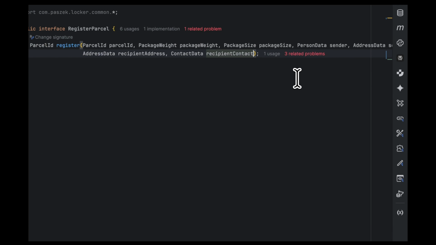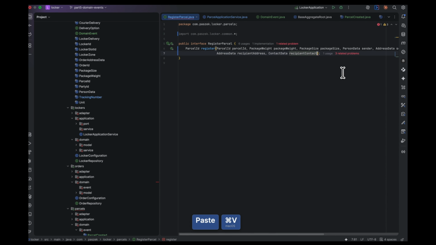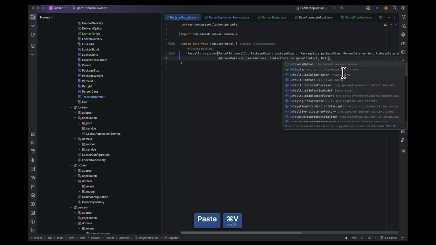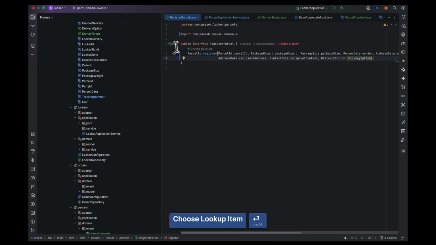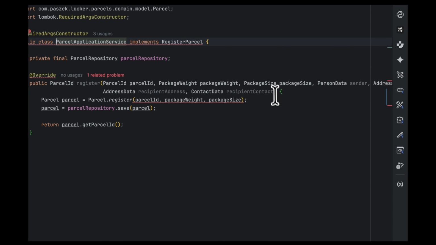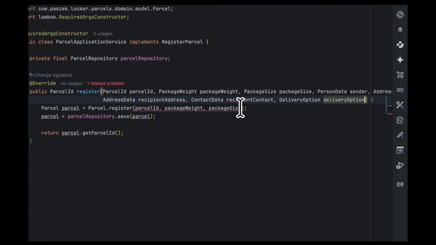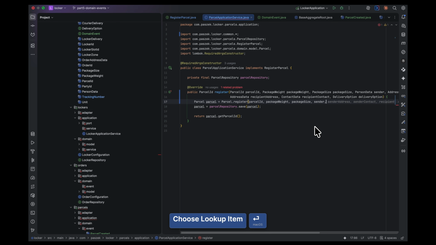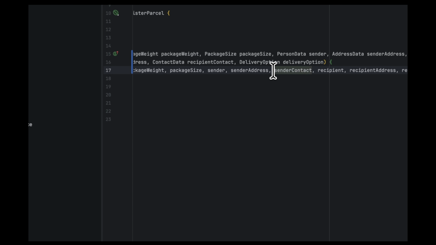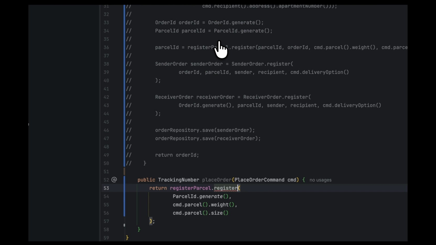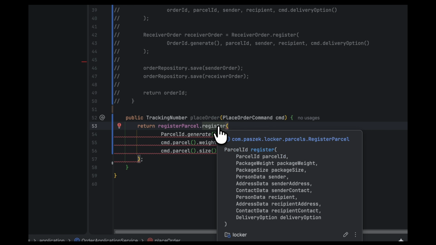We just need delivery option 2. And we just put everything from here. It's a related problem because we don't have